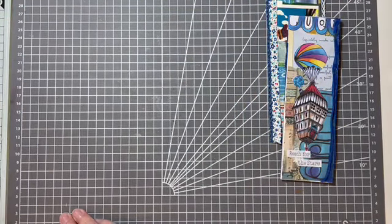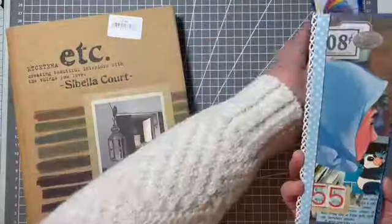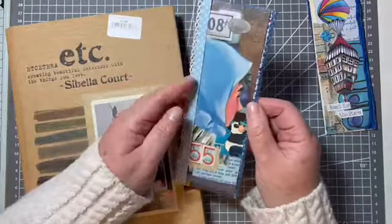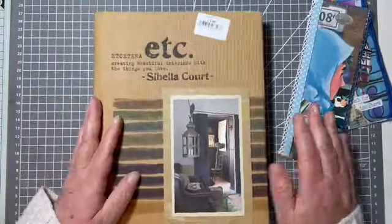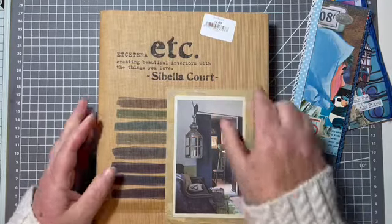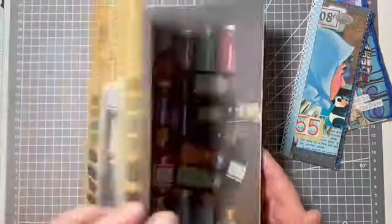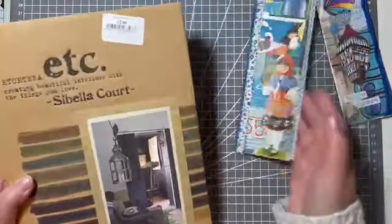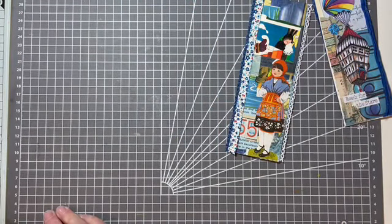So that, if you ever come across that, I don't know how easy that would be to get. And this one, which you can see a little bit of in the background there, is from this book, which has been great, and I got this in a charity shop as well for £2. And this is quite thick paper, and I used a page of that for that one. So for this next one that we will make together,